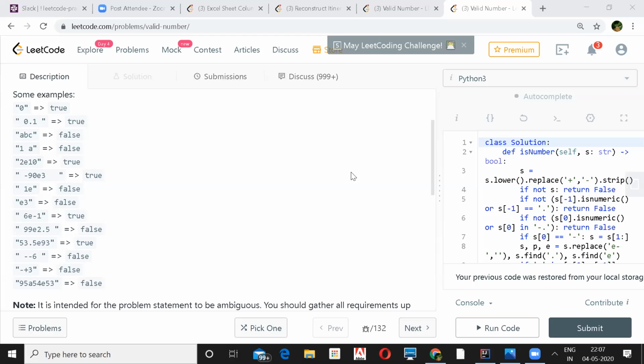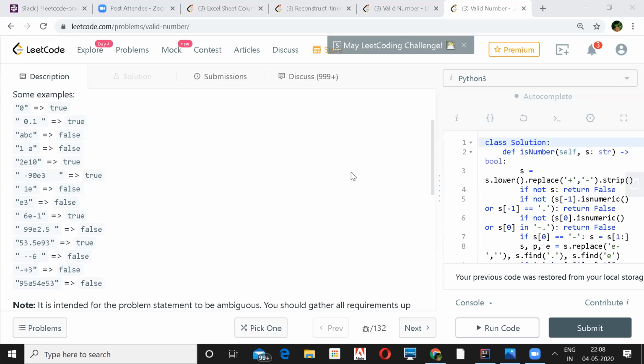Now we can split the number around E, one part before E and one after E. The second validation, see the example 1E: if there is no character after E, it's straightforwardly invalid. And if there are two decimals in the first part, it's straightforwardly invalid. After that, it's just verifying the number.